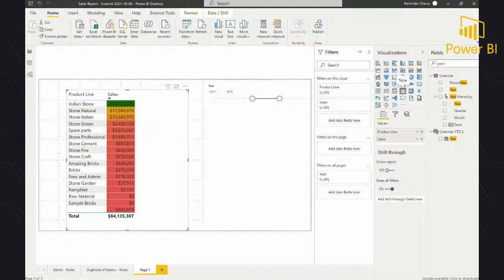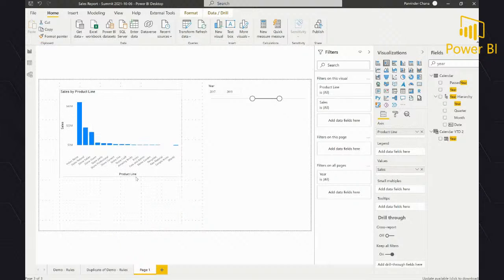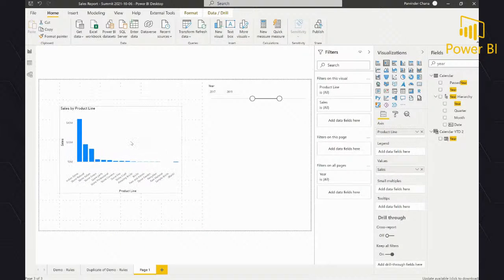One scenario which was introduced recently: let's say we're looking at the bar chart here, and we want to give the color scale here. When you are using visuals outside of table and matrix visual, you don't have the same option for conditional formatting. That's something that is sometimes very confusing.